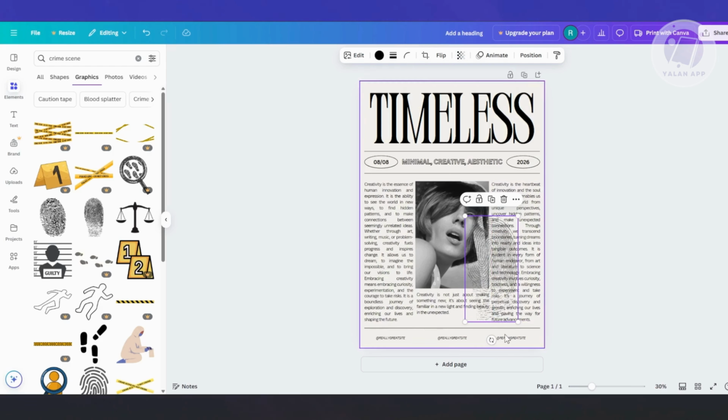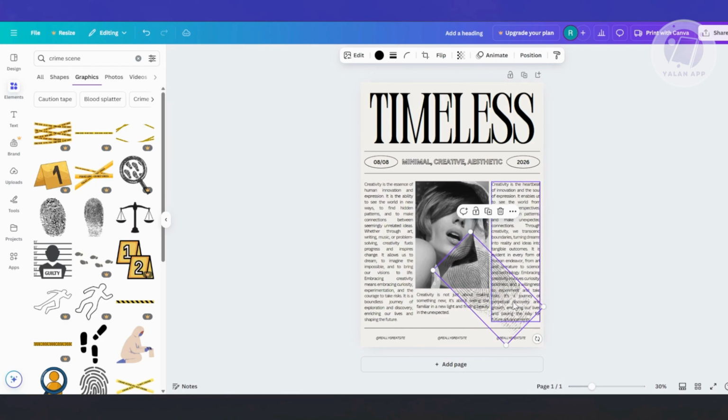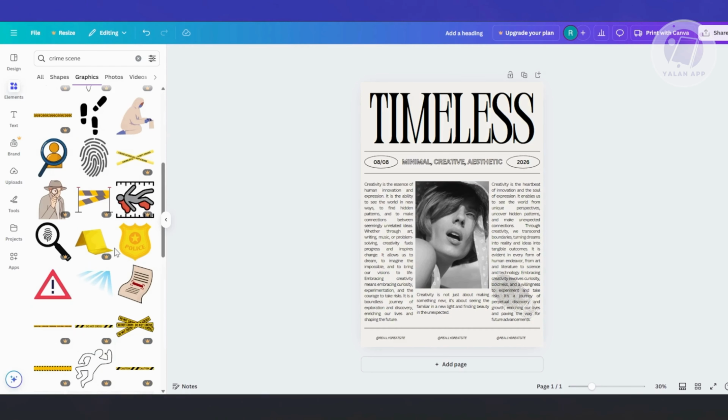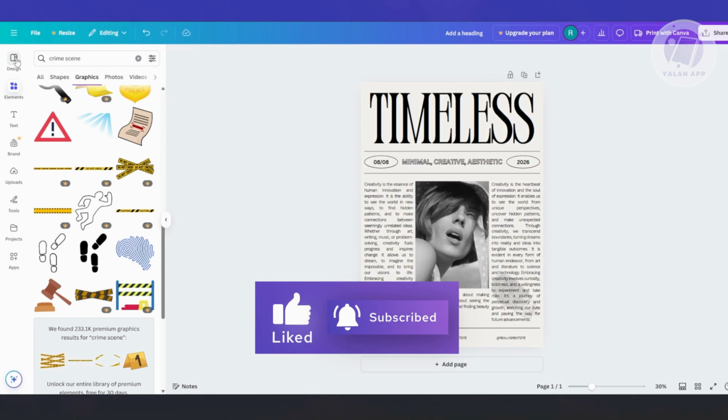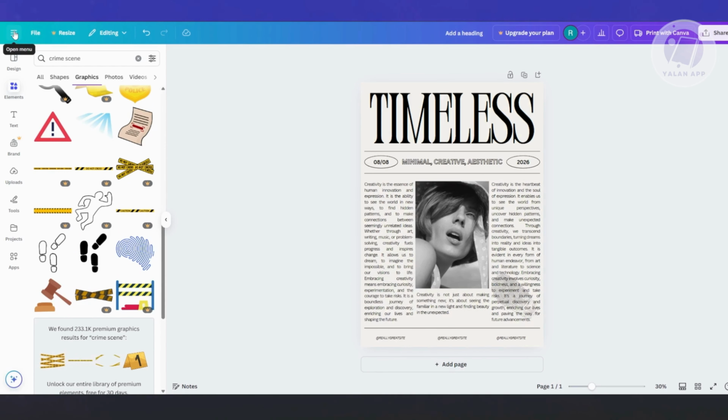You can even rotate this if I'm not mistaken. Just rotate this, make it smaller. There's something really interesting here because you could add different elements that are already existing, that are free in Canva. So just in case, for example, if you want to create a video instead of a poster,